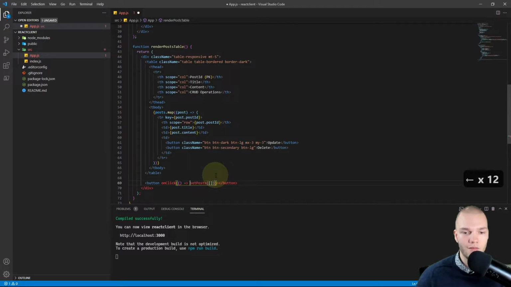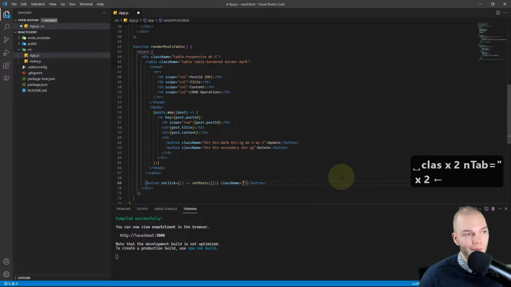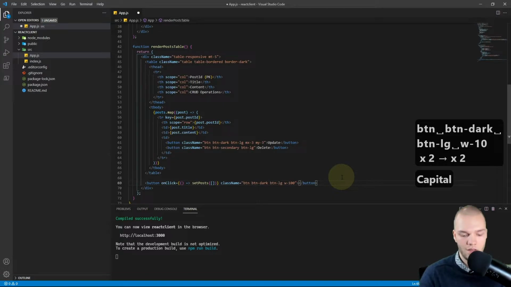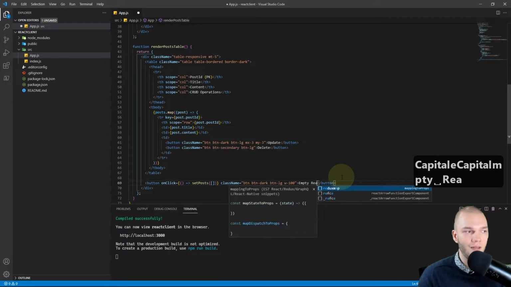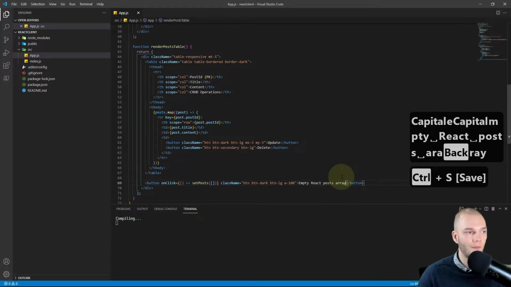And I have forgotten to add an equal sign. So there we go. onClick equals setPosts to an empty array. And for the className, I want to add a couple of classes, so btn, btn-dark, btn-lg, w-100. And for the text, I'll do Empty React posts array. Awesome.